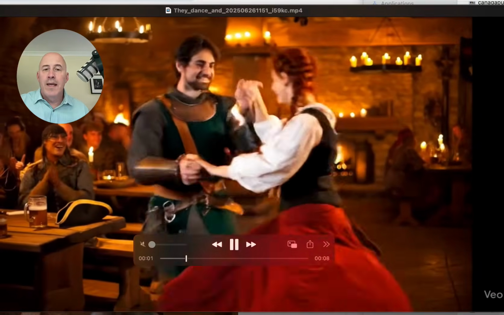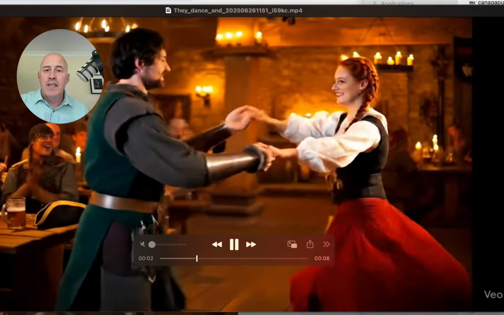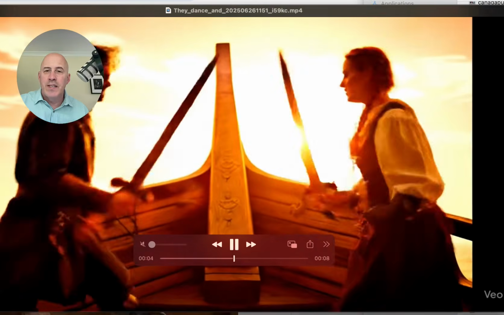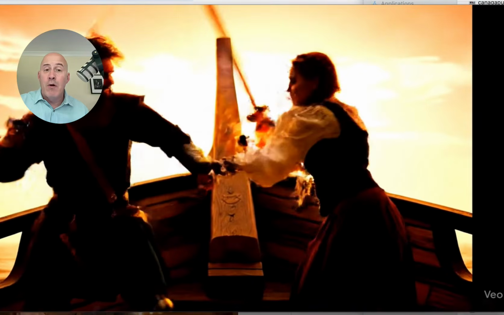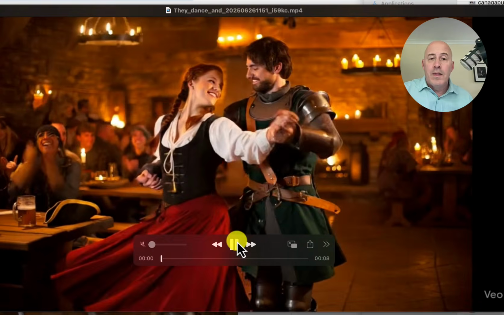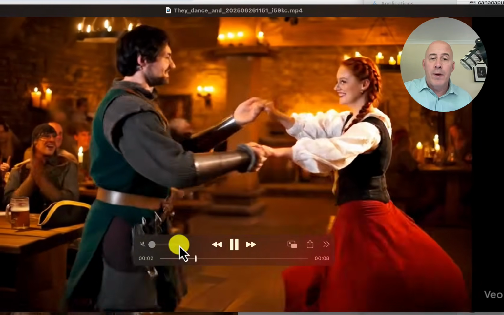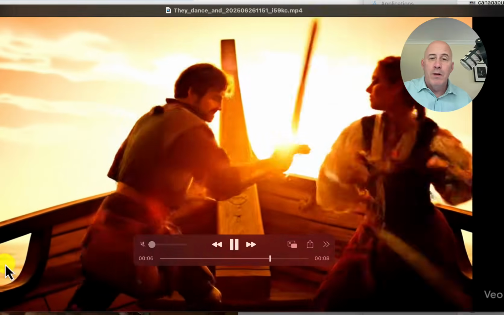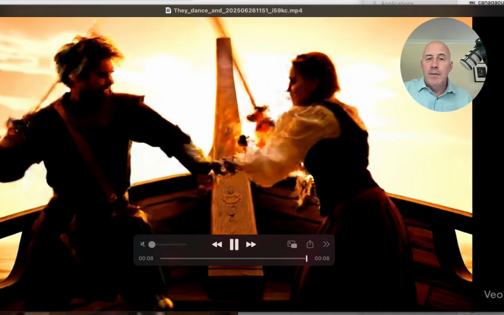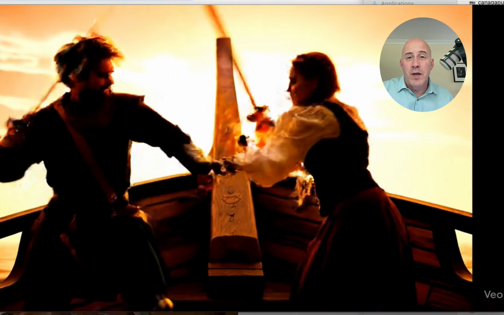Here's Veo 3, and they start off dancing nicely, but there was a little physics issue in that turn. And then they go to the bow of a pirate ship. Obviously, someone was upset about their date the night before. There is music in the background, but that's not what we're comparing here. We're just comparing the image to video, and I think in this, VO3 was the winner.